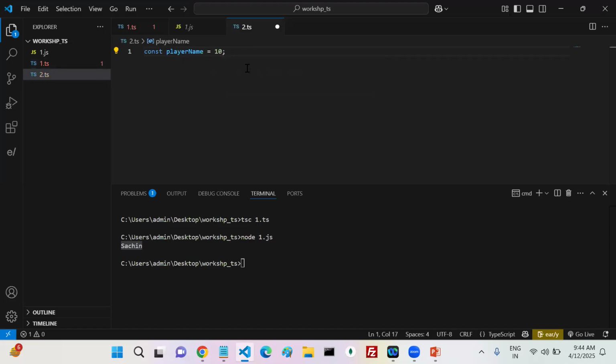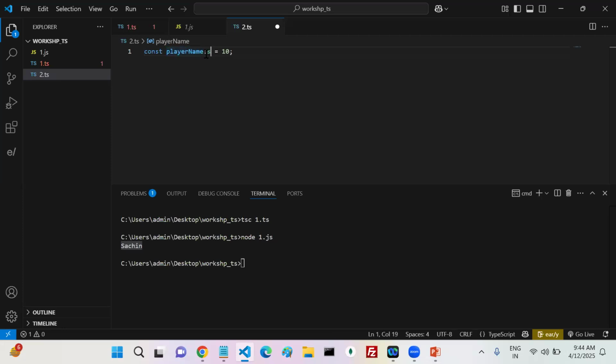Why? Because this is the TypeScript file only, but what kind of code have you written? The file is a TypeScript file only, but you have written JavaScript code, right? JavaScript is a subset of TS. JavaScript code can be written directly in the TypeScript file. So that is why it is not alerting anything.